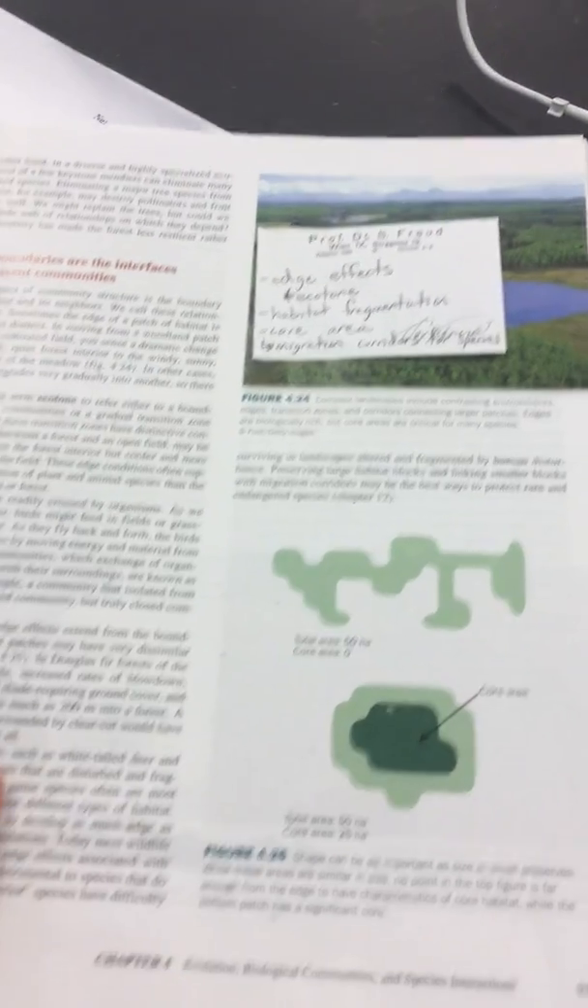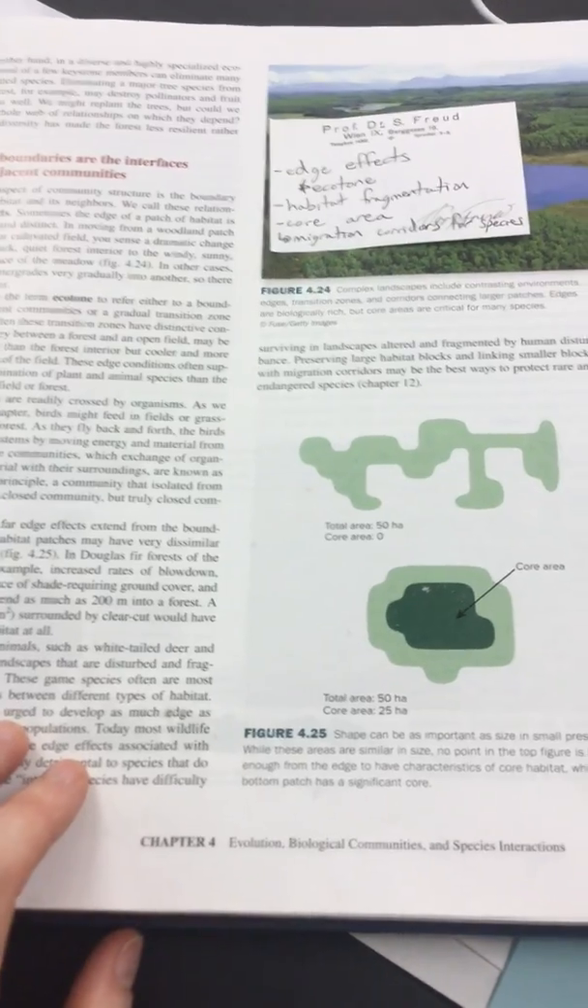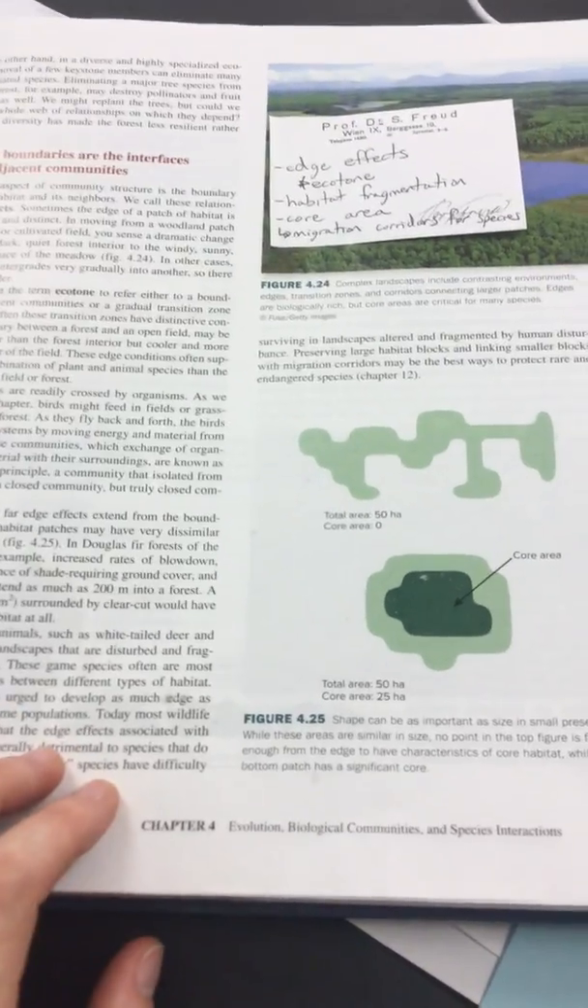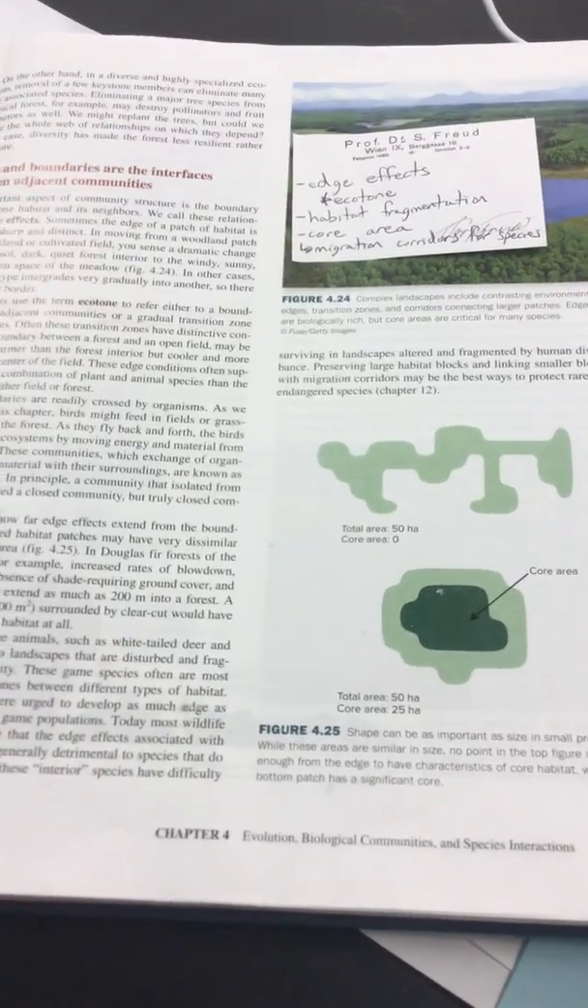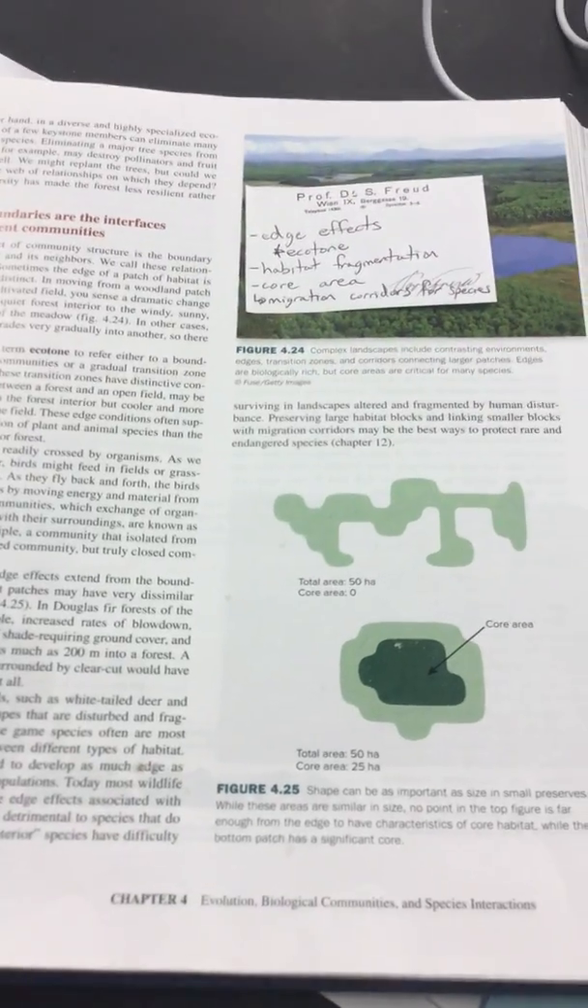So some terms to know or be aware of are habitat fragmentation. This is something that we do when we cut down a forest to clear cut it, and I will stop there and we'll